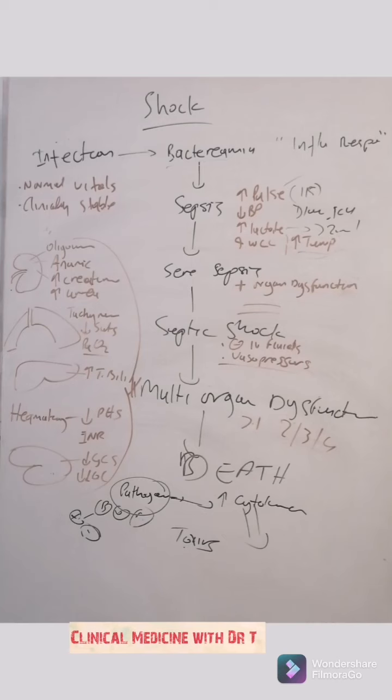A very big take-home message here is that once you've got a patient who's got some kind of infection, they come to OPD or wherever, your job is to look at the vital signs. Look at how the patient is clinically. Do they look toxic? Do they look sick? And then look at the vital signs. Once you've got abnormalities there, even if the vital signs are still normal but the patient appears ill,